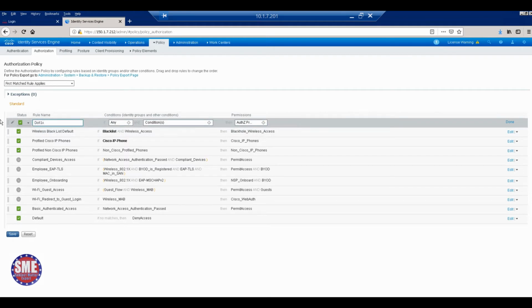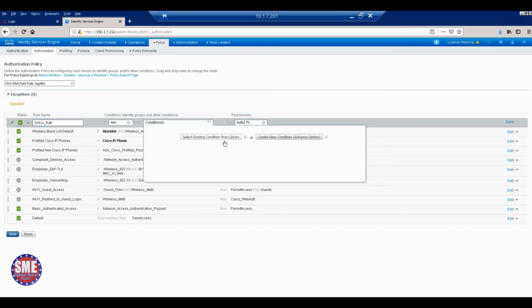Dot 1x rule. Make it rule number. What is the condition? Dot 1x. There are no new conditions, only the existing condition. Library, from three. One condition is which one?